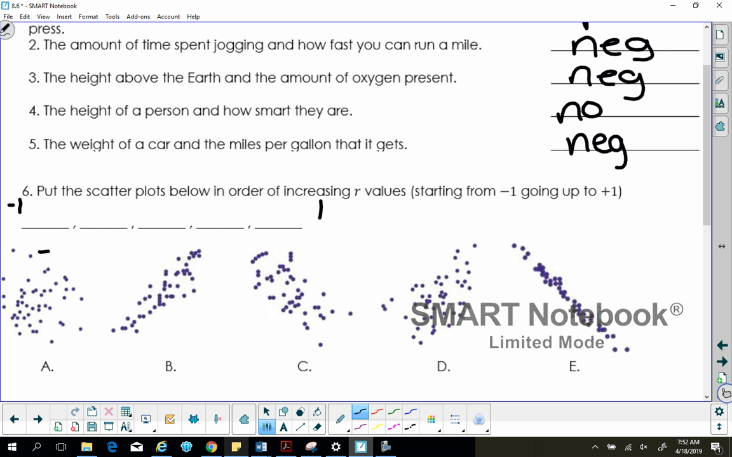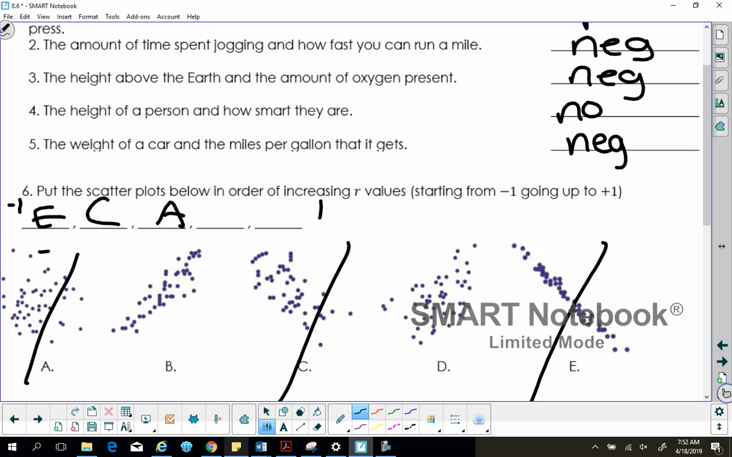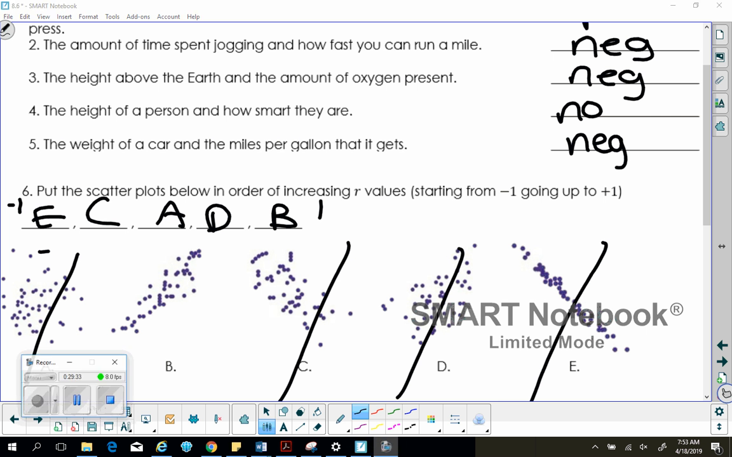All right, so what would this one be right here? E, because that's the strongest negative. What's the next strongest negative? C. And then the next strongest, A. And then we start going up. So what's the weaker positive? D. And then the last one, B. Y'all get that? Beautiful. Okay, so now you're just going to work